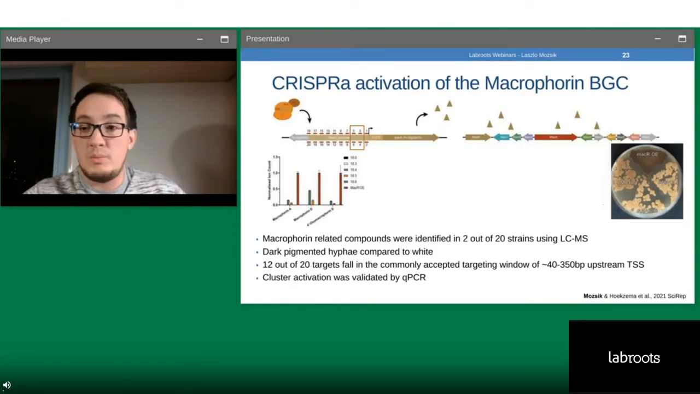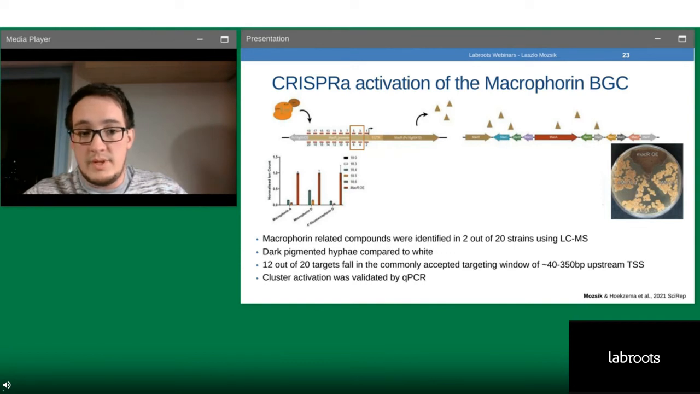to identify macrophorin-related compounds. And in 2 cases out of the 20 different targets, we were able to identify macrophorin-related compounds through LCMS. We also realized a dark pigmentation, both with the promoter engineering as well as one of the CRISPR-based activator strains. And it is interesting to notice here that from these 20 sequences, some of them are very far from the putative transcription start site,